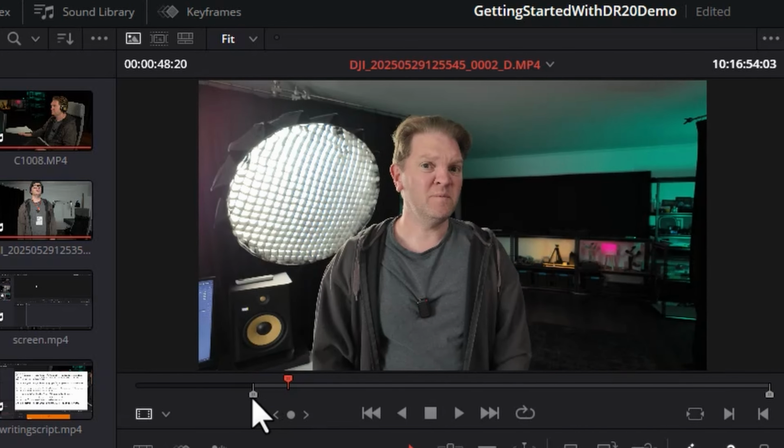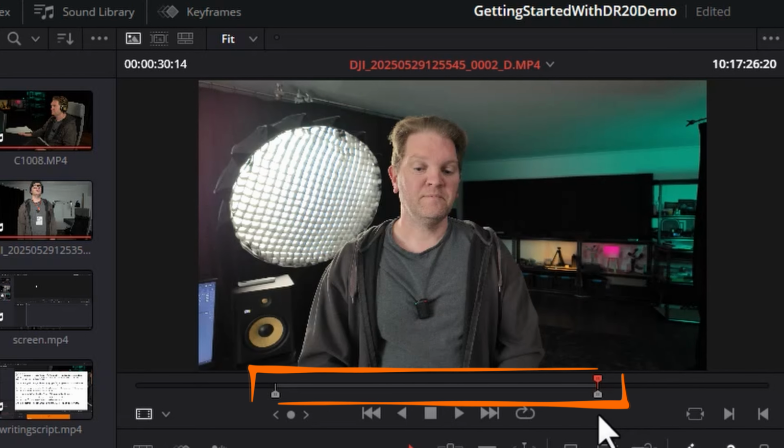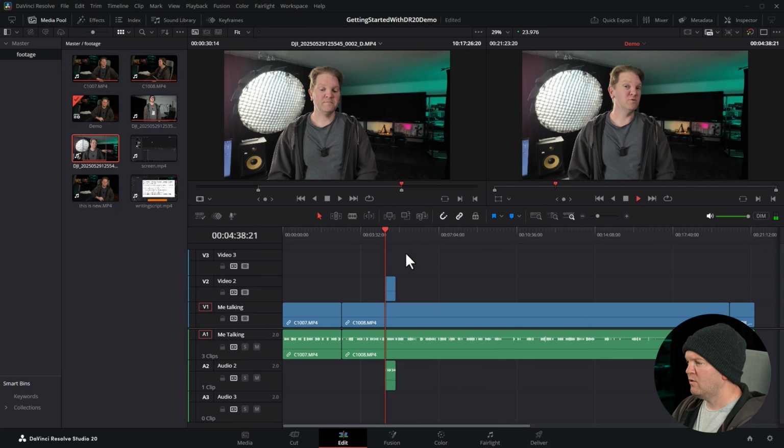Drag the red playhead to the part that you want to add at the end and hit O to add an out point. Now only this section of the clip in grey will be added to the timeline, and you can use any one of the methods to add this to the timeline, such as just dragging it down from here to the timeline. And now we've only got that section that we highlighted with the in and out points